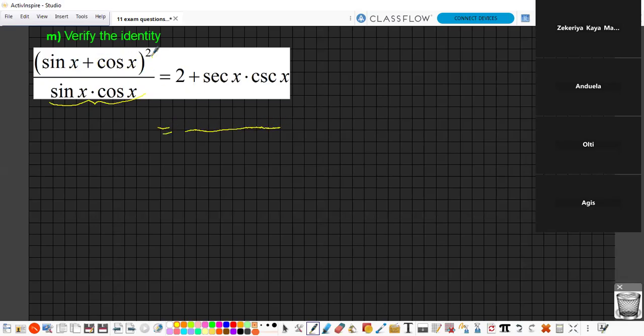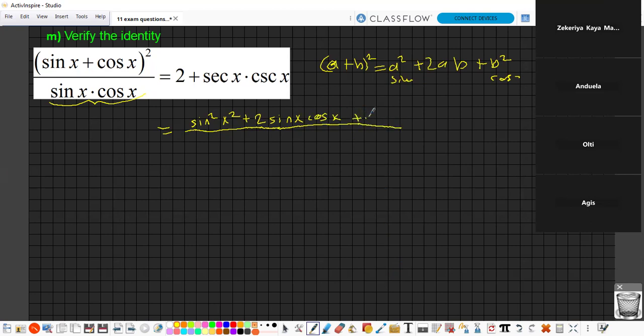The first thing is opening the power 2. When you open the power 2, there is addition of two terms, like (a + b) squared. You are going to use this rule: a squared plus 2ab plus b squared, where now a is sine x, b is cosine x. So it will be sine squared x plus 2 times sine x times cosine x, and let's make it longer,